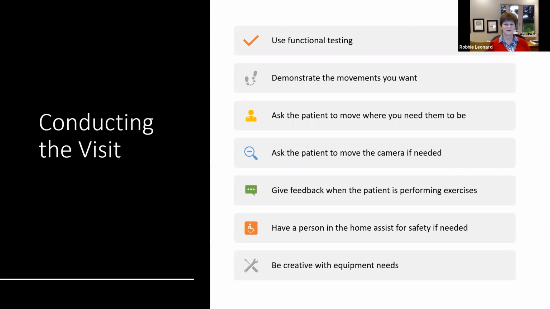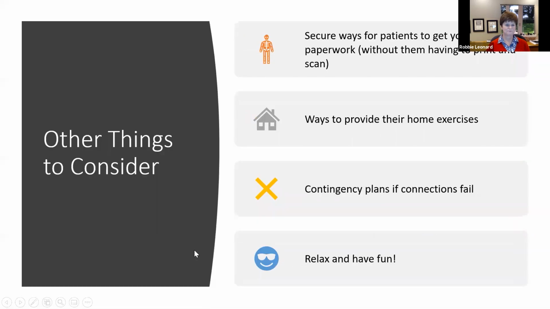I happen to have almost a full-blown gym in my basement. So during my session, when I was asked, do I have a TheraBand? I actually did. So, don't just assume that a patient might not have any equipment. They may, it just might not be in the room that they are in at the time. So ask questions, be creative, and think through these things before you start.